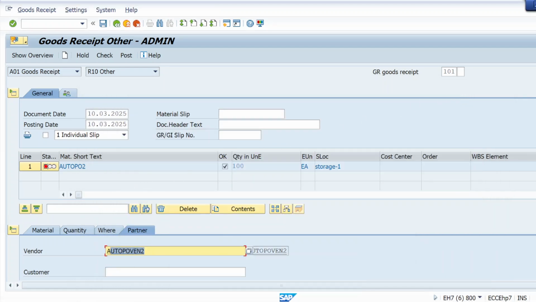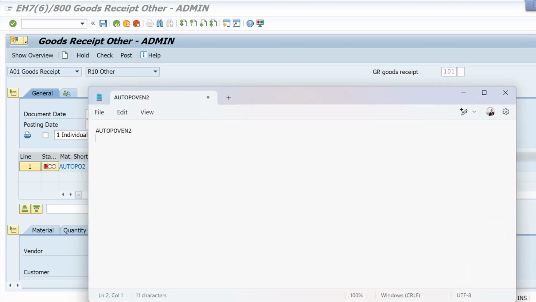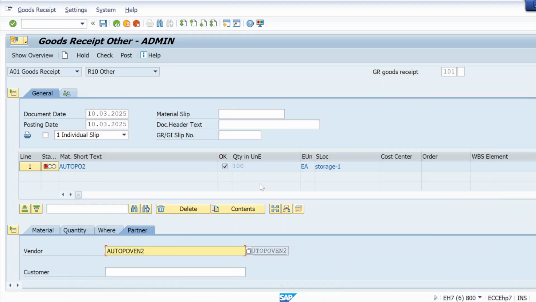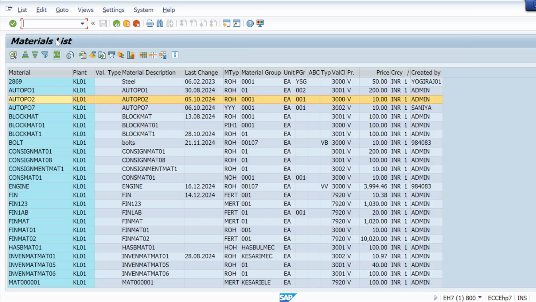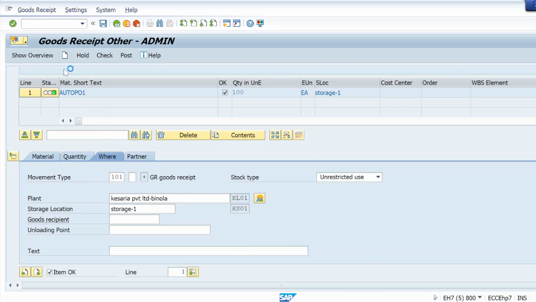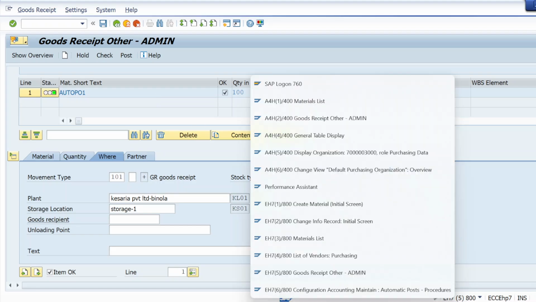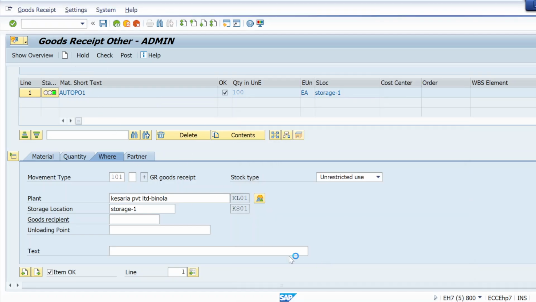Material, vendor. This is vendor. I have to log in again because multiple screens are logged in and I am not able to log in. So let me log out first and then log in. It's not responding. The system is not responding. Let me log out of all the screens first.